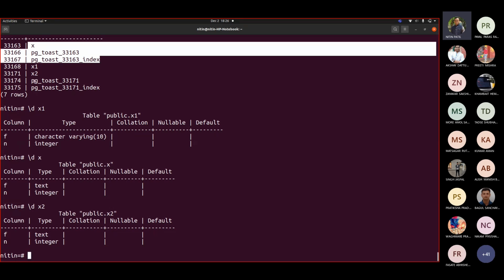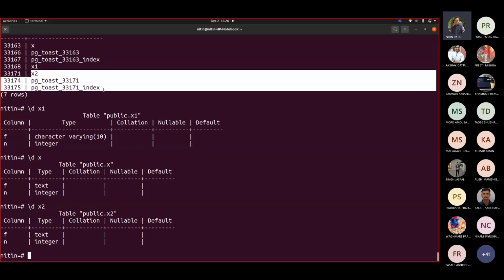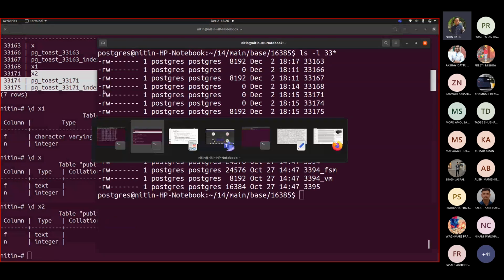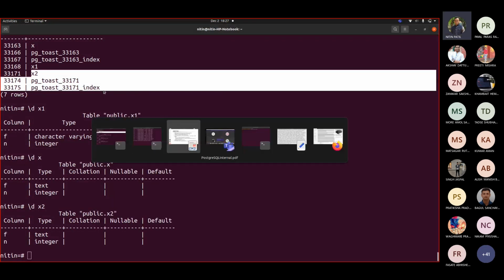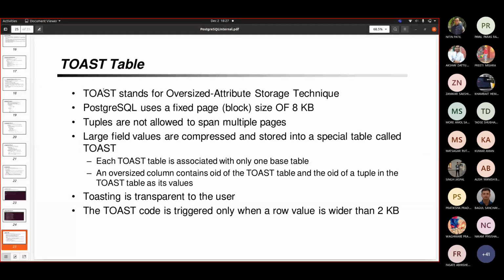And what does this TOAST mean? What was the long form? Table of oversized attribute. Okay, that means it creates a relation where it applies some process to shrink it. So when exactly would this be applicable?